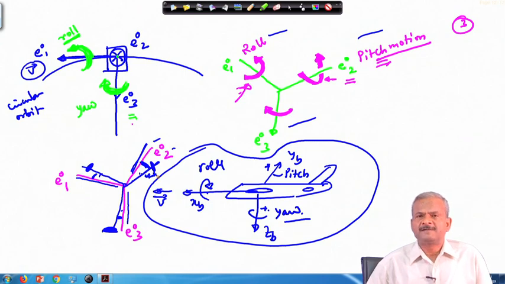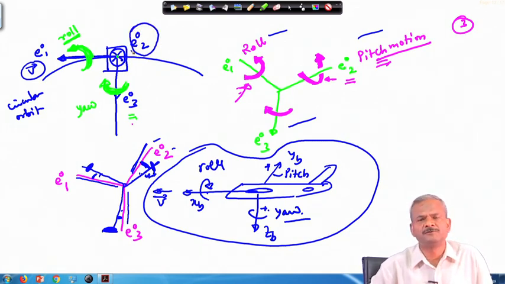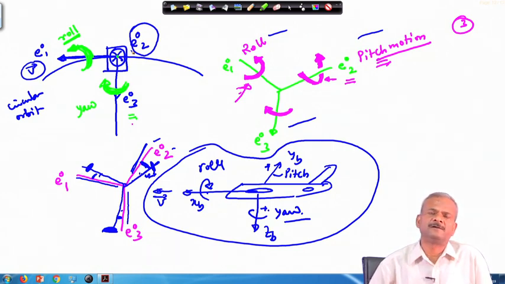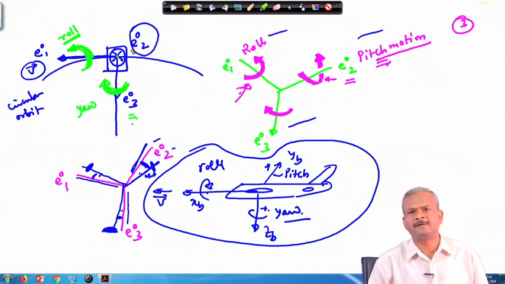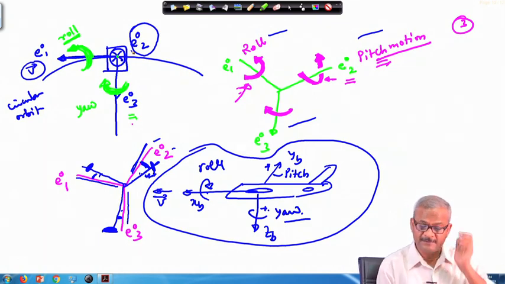But consider that the body axis are coinciding with the orbital axis itself, and the body is just rotating about the E_2 axis, the E_O2 axis. So, there is just the pitching motion involved, is it not? And if I disturb the satellite by small angles along all three directions, how can the behavior of the satellite, its motion, be described? That is about the spin stabilization. We will come to this as a separate topic which we will take up later on. Right now we are concerned about the gravity gradient problem.